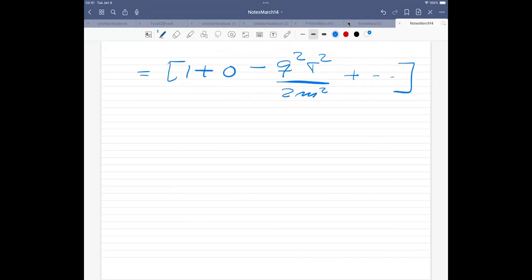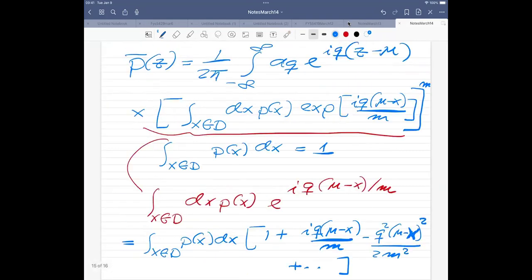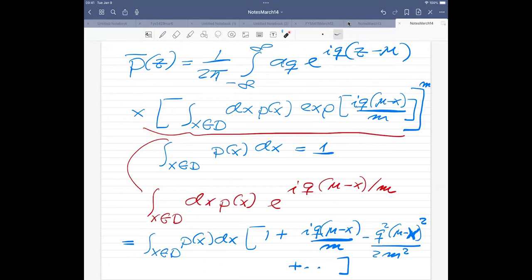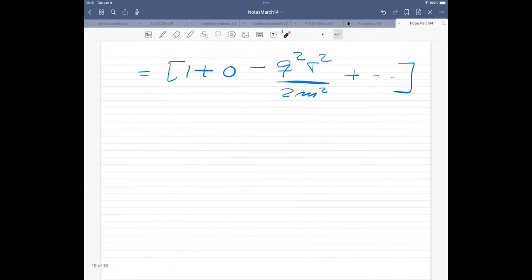when I plug this term back into here, so I have to perform that integral. But now I made an approximation where I include only the variance. So I have to perform this. I have this to the power of m here. And then I have to perform this integral. So I'm not going to give you all the details there, but I want to give you the final result. So the final integral is going to be equal. So in the limit,